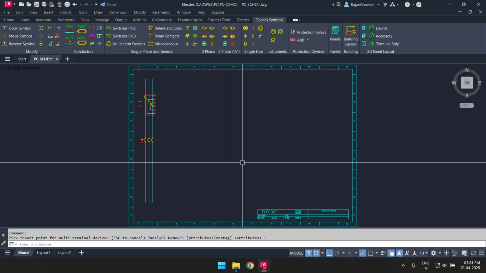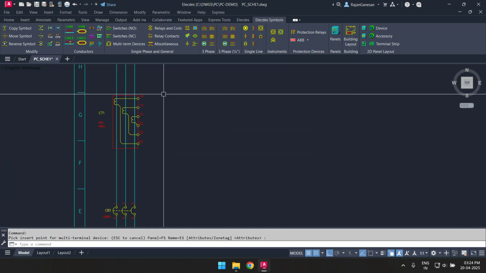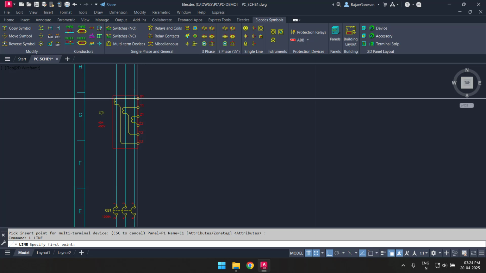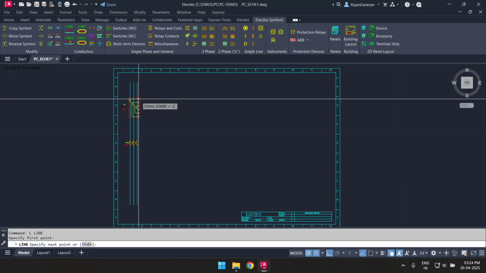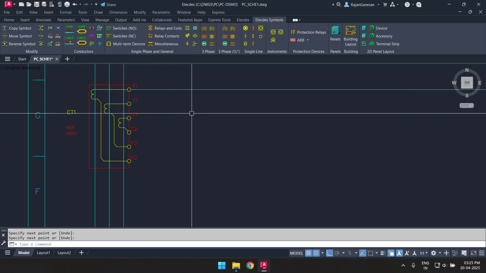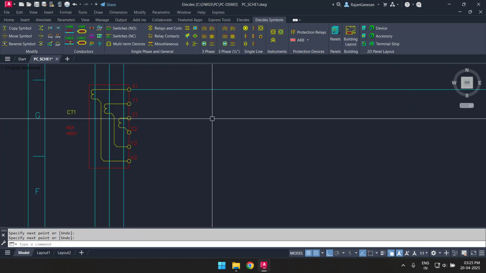I will now create the signal conductor that starts at the CTs and ends on my first protection relay. Electez uses CAD line segments for conductors. I can simply draw my conductor with the line command. Electez symbols are terminated on a grid, making the wires easy to construct and align.